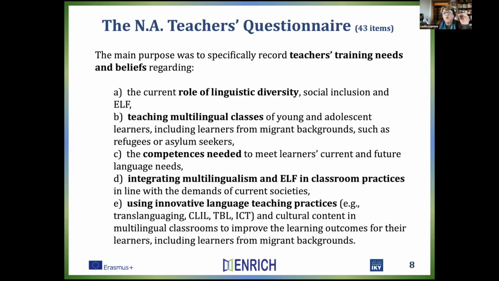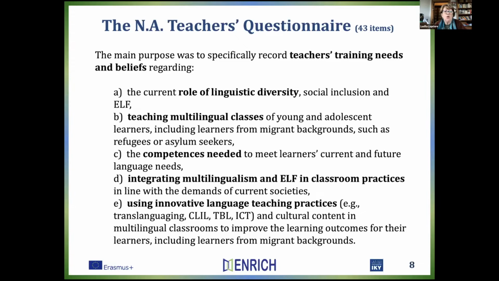The main purpose was to record teachers' training needs and beliefs regarding the role of linguistic diversity and social inclusion in their own country, what it meant to them teaching multilingual classes of young and adolescent learners and learners from migrant backgrounds, the competences that they thought were needed to meet learners' current and future language needs, and how they thought it would be good to integrate multilingualism and ELF in classroom practices within the demands of the current societies they lived in.